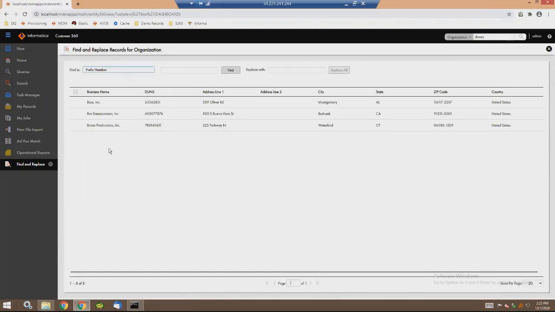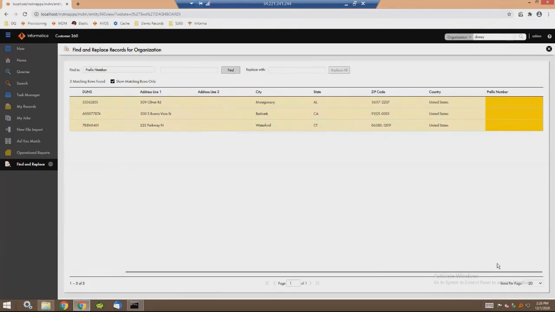So I'm going to go based on prefix number, and let me say prefix number, I want to see wherever the prefix number is 1. There are no records that match that, so I want to go with null. It is just empty. So I do see that there were 3 matching rows, and all the 3 matching rows are shown here because those are all the records, pretty much the ones that we selected with the starting letter as B. They are all having prefix number as null, and I can always say replace all of them